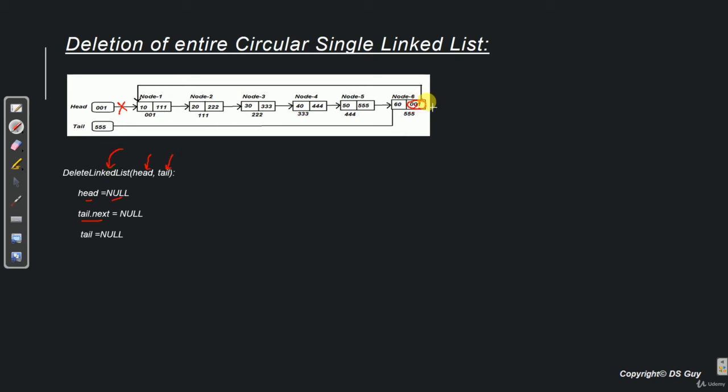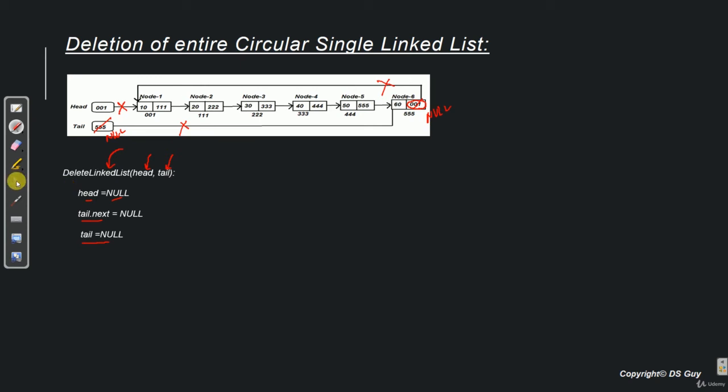So once we update it as null, this link here gets deleted. The last step is tail is equal to null. So we update tail with null and this link over here also gets destroyed. So now starting from node 1, all the nodes are eligible for garbage collection, so all of them get deleted one by one.